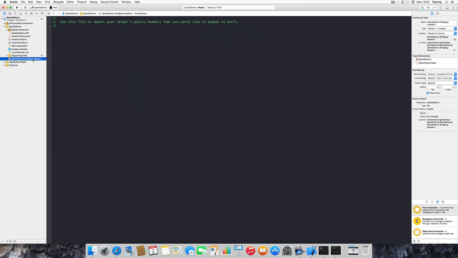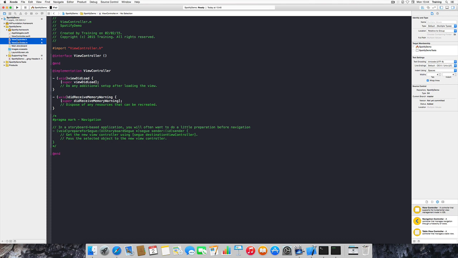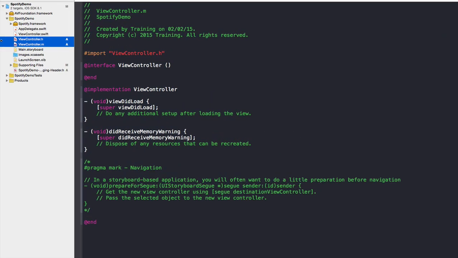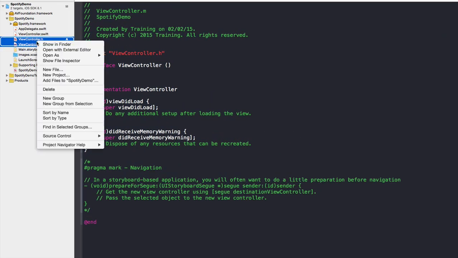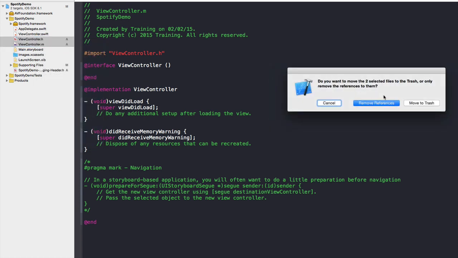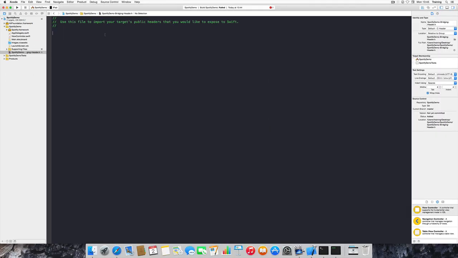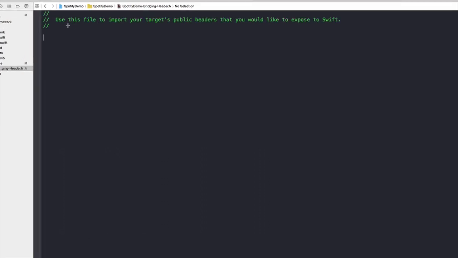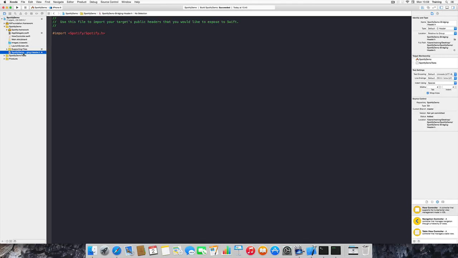There's our Spotify demo bridging header, and now we can actually delete those two Objective-C class files that we have just created, the header file and the implementation file, and simply move them to trash. And now we can work with our Spotify framework and import that here. So let me zoom in a little. And what we want to do is import Spotify/Spotify.h. And actually that's it. Now we have all the preparations ready, and we can use our project to work together with Spotify,